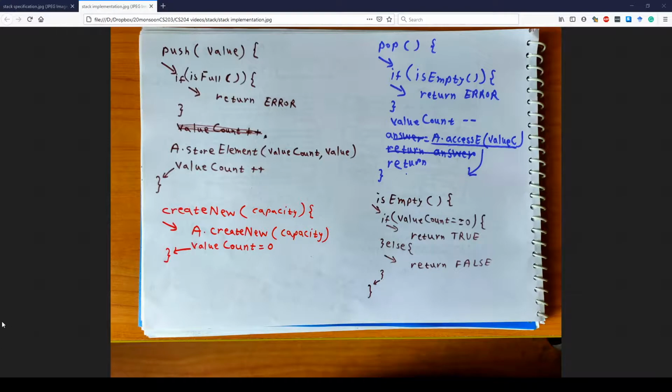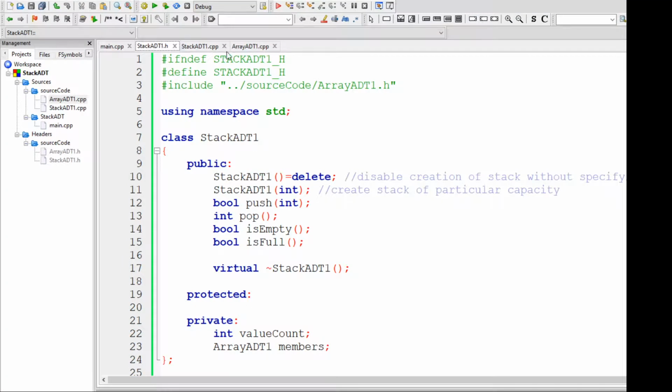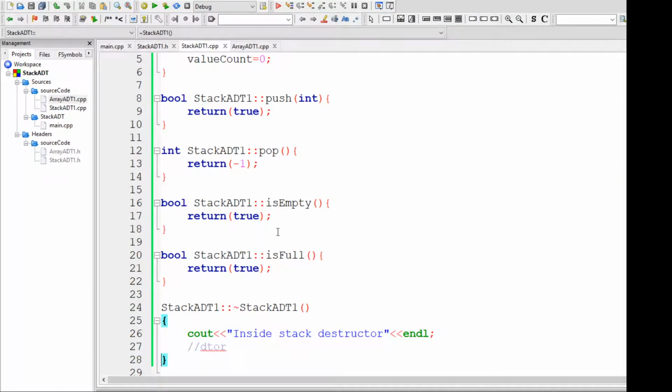So let's get started with the implementation of is empty. If I go to my implementation file, the variable value count tells me the number of elements in my stack.